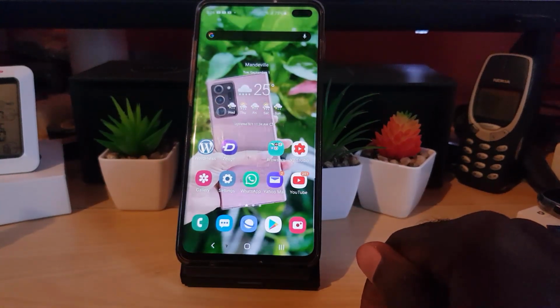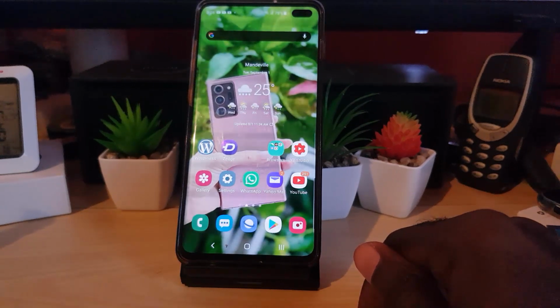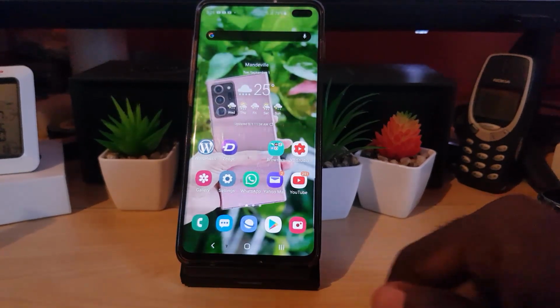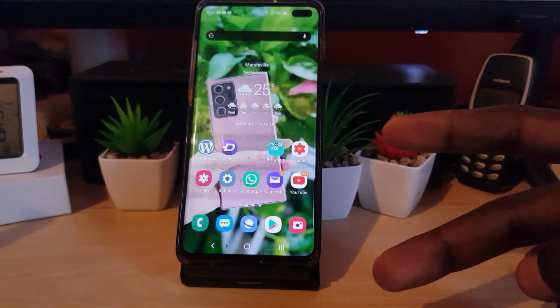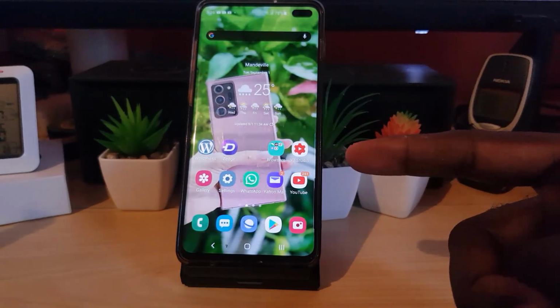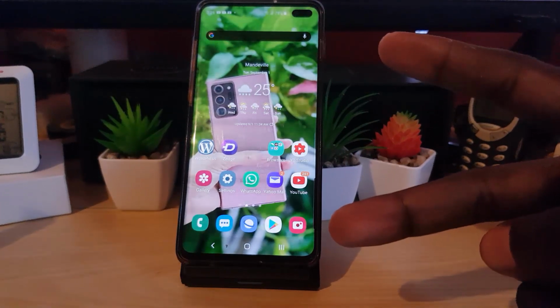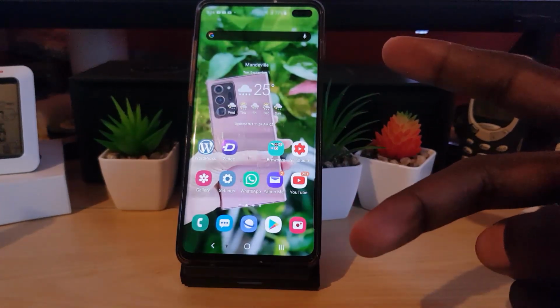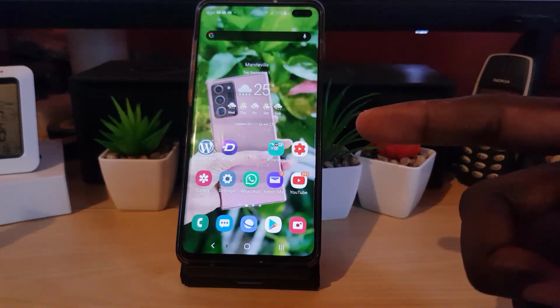Now, for other Android devices, you'd have to install through an APK file. Now, you can get the APK file in 2 ways. You can go ahead and, of course, get it directly from Epic Games, which is recommended since they are the developers, or you can download from third-party sources. I do not recommend third-party sources. I recommend Epic Games.